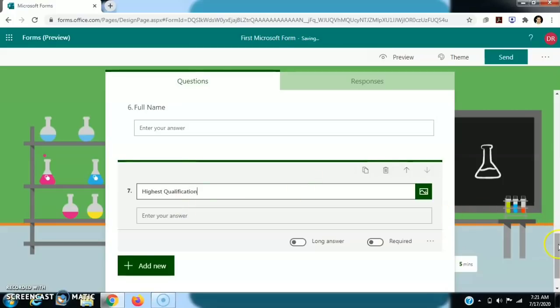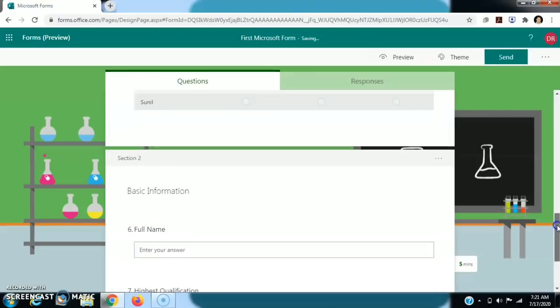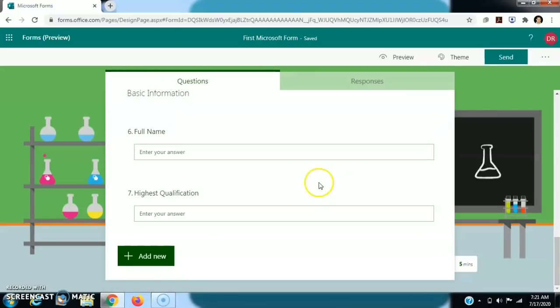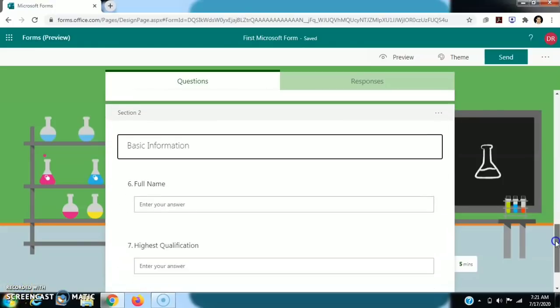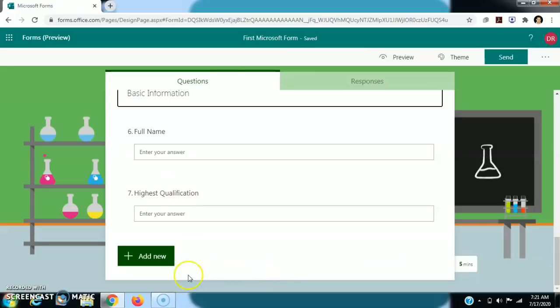This is part of our section 2. So in this way we can create another section. We can add as many questions as we require.